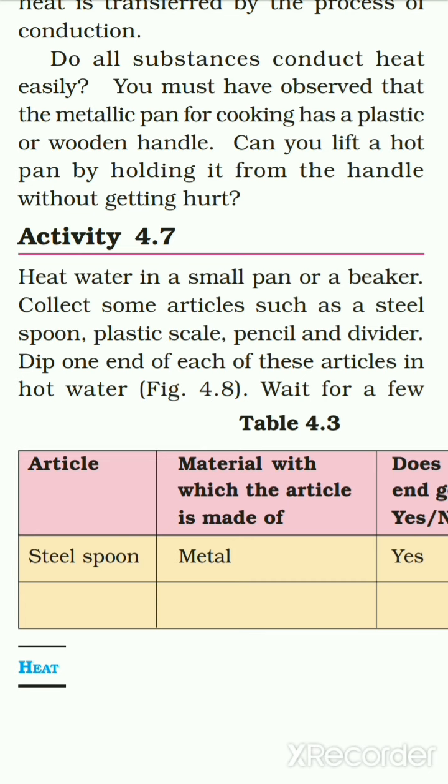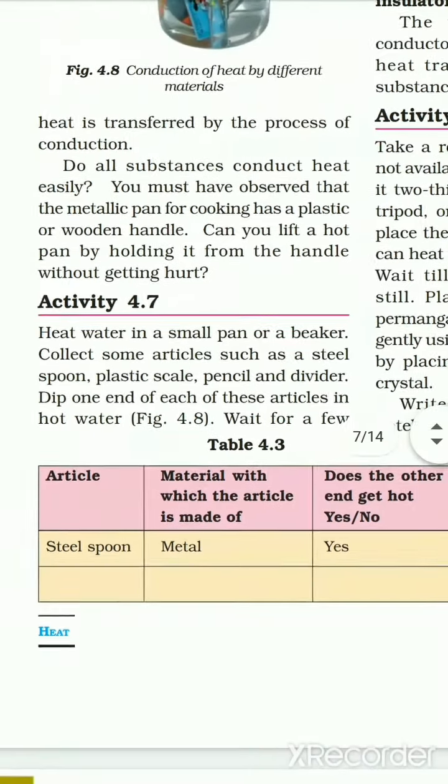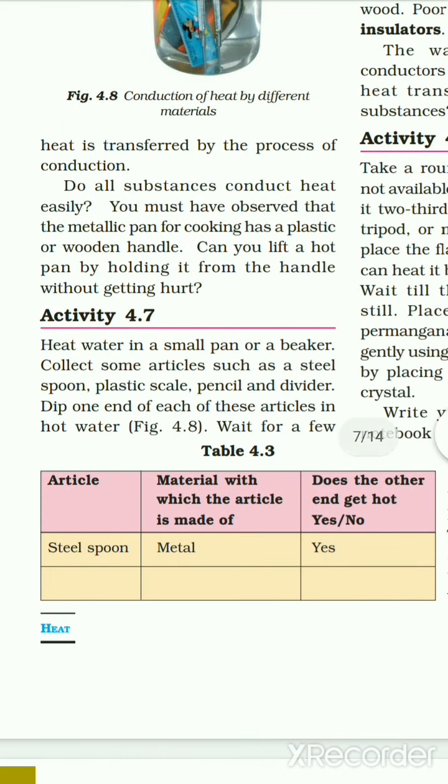Here you see the article, steel spoon. Then the material with which the article is made, like the steel spoon is made of metal, the pencil is made of wood, the scale is made of plastic. So you write here the material with which the article is made. And does the other end get hot? Yes or no?